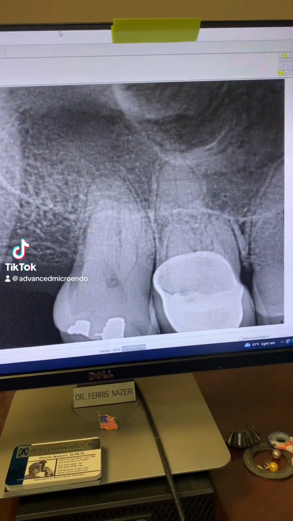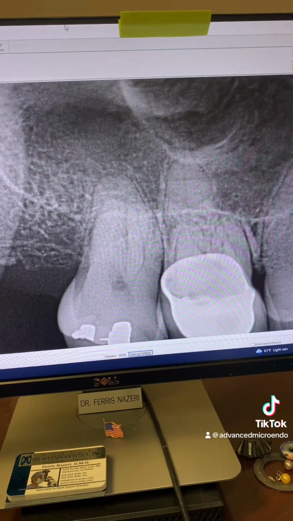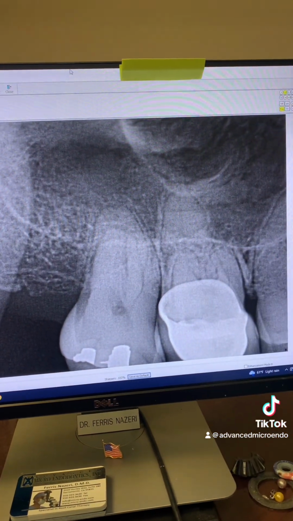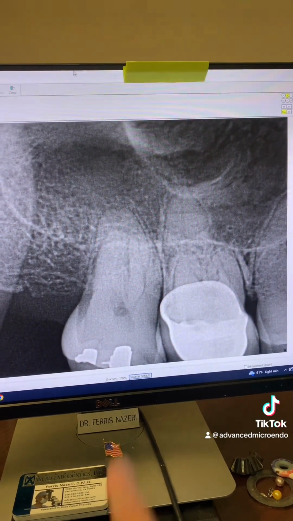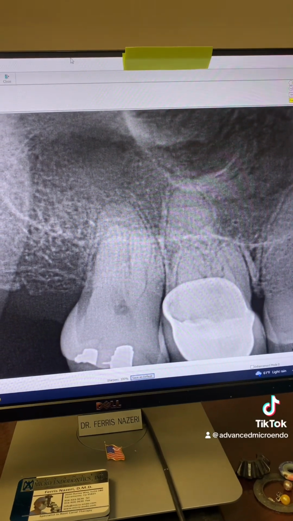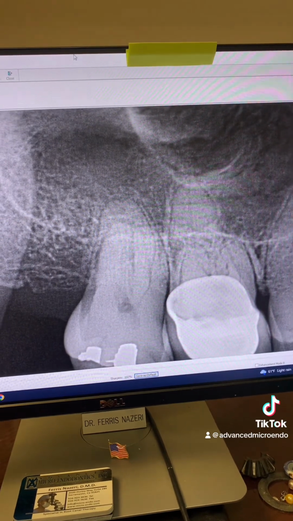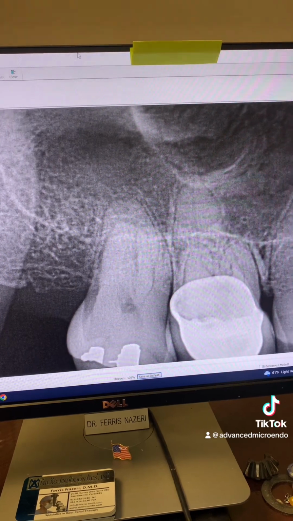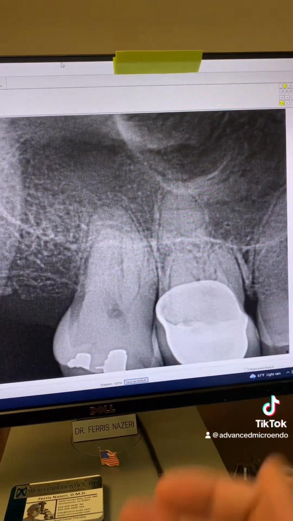I have another interesting case for you guys, again, about being able to diagnose properly. In this case, this patient started to have pain associated with tooth number two. The pain would just not relent. She ended up having to take pain medication. Finally, she went and saw her dentist, and her dentist told her that everything looked good, and